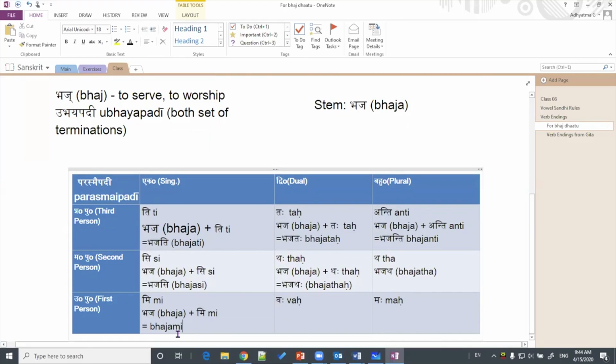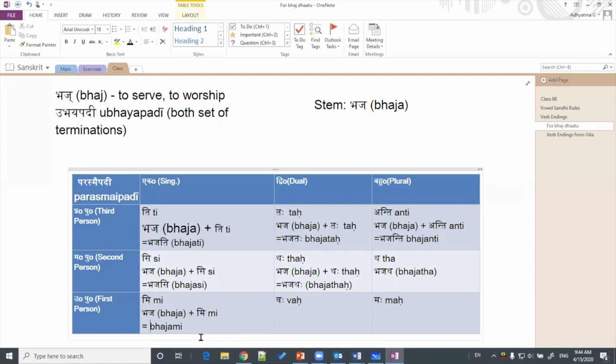Again, Panini states the rule here that when these prefixes are there, suffixes are there, the rule says basically that based upon certain starting letters, the previous letter gets elongated. In this case, a becomes elongated into a long a, so it becomes bhajami. As I said, we will not study those rules. This is a beginner's class, and those are quite advanced topics. Just to let you know that